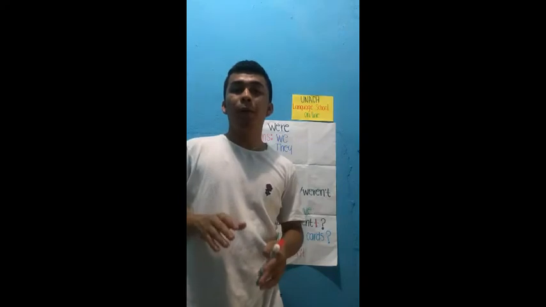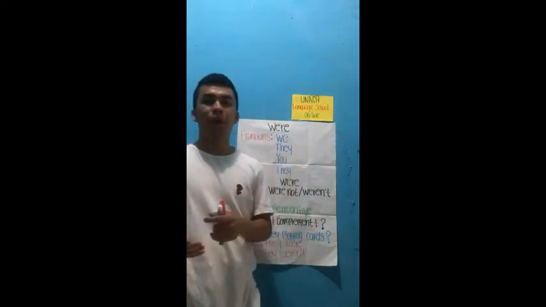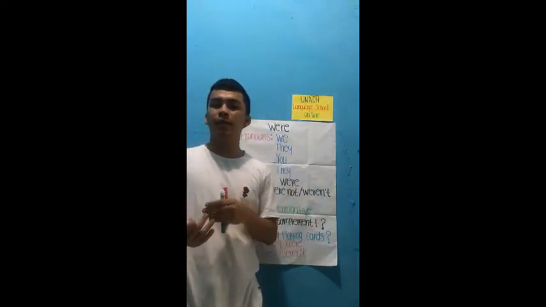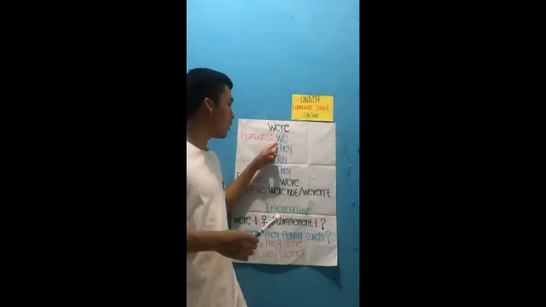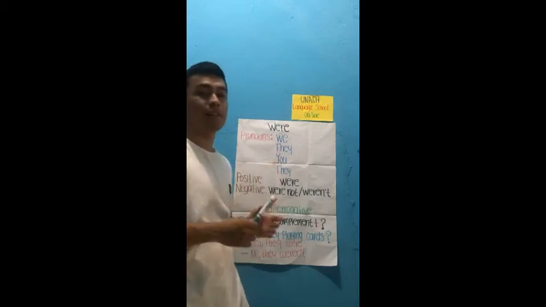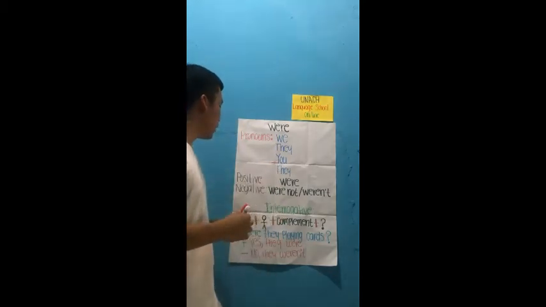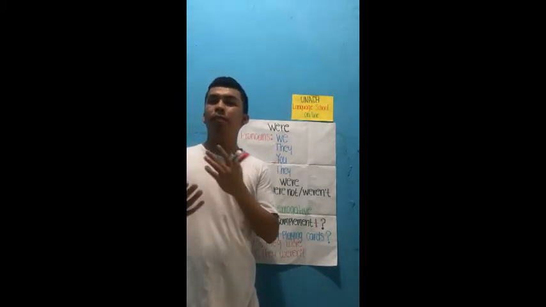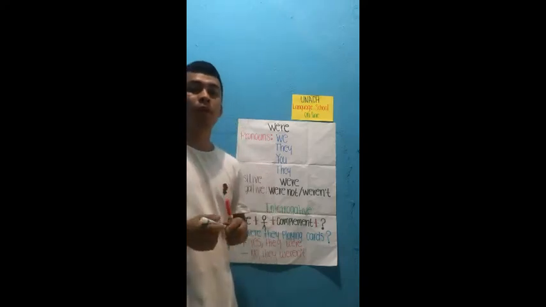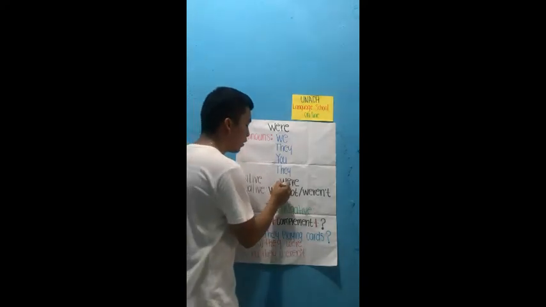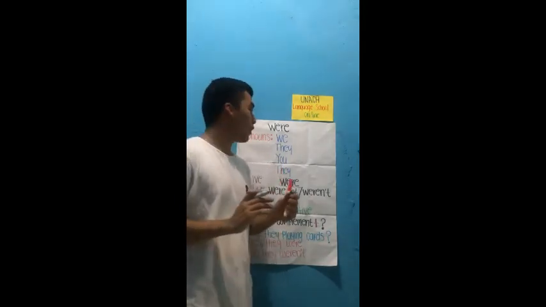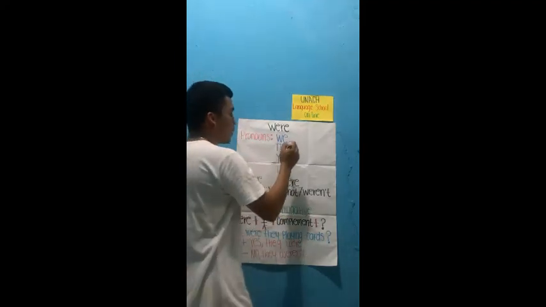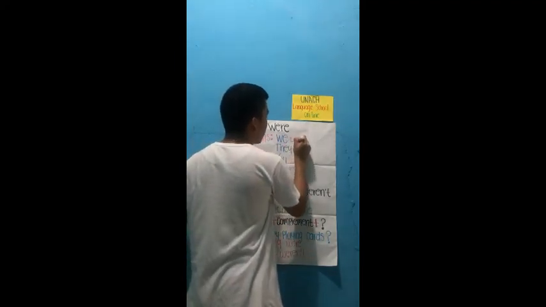Let's continue with were. We use were similar to was, but we use were with the pronouns we, they, you, and they again. If we are going to say something positive with were, we are going to use the expression were. So, if we combine were with the pronouns, we are going to say we were,